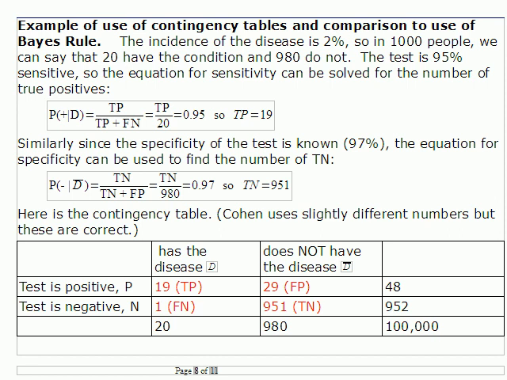It just has to do with the population, not with the results. Okay, if the incidence of the disease is 2%, then in 1,000 people, 20 would have the disease and 980 would not. Okay, so I'm going to apply this to